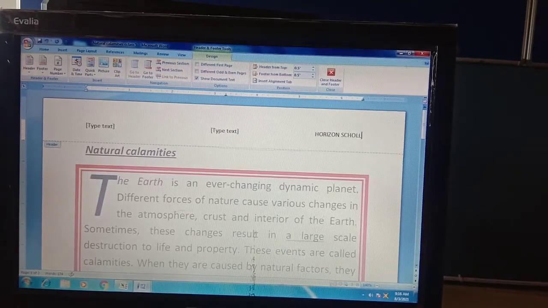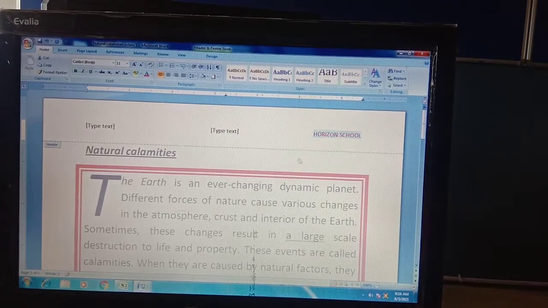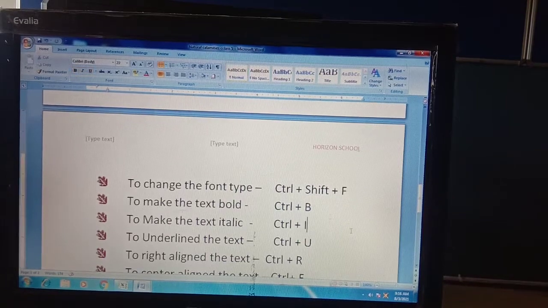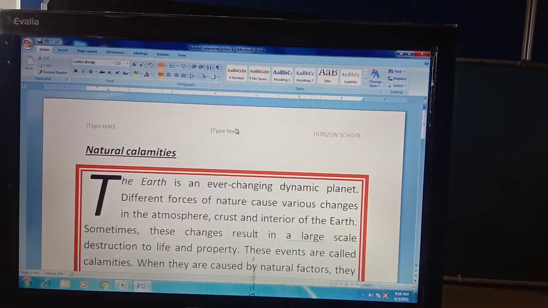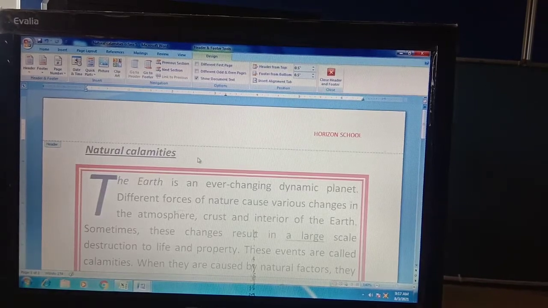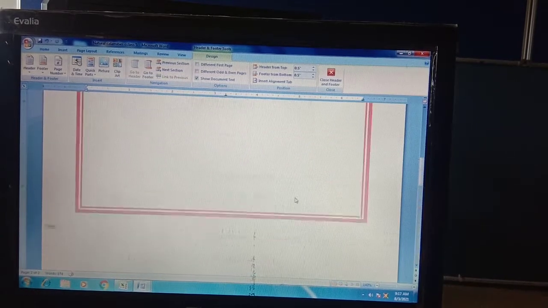I want this text to display on each page, so that's why I put it in the header. I am also making it a little bit colorful. Now see, this text will display on each and every page. We have to remove this also. Now Horizon School will display in the header of every page.